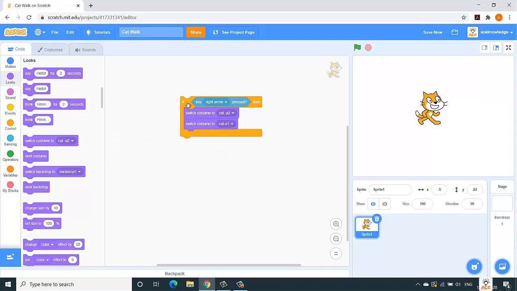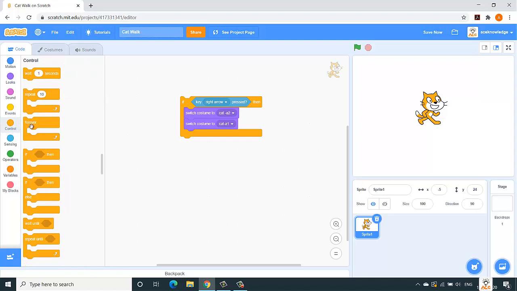Now it's not running. I cannot see this cat moving. If I want to run this condition continuously, I want to put it in some loop. So where do I get my loop? In control, forever. I will take the forever loop and place it over here.